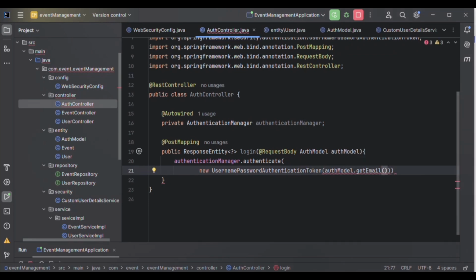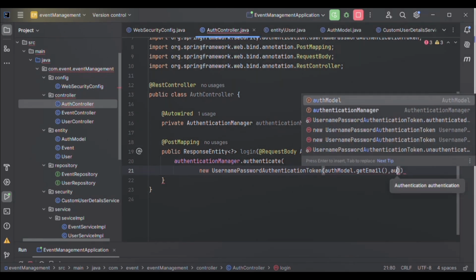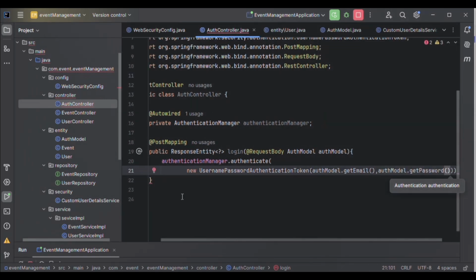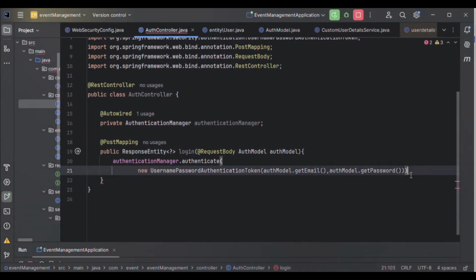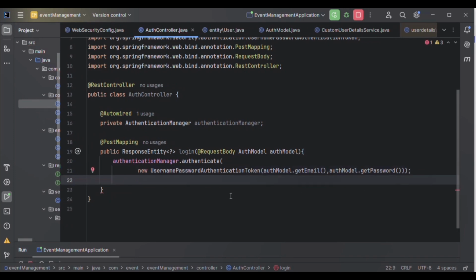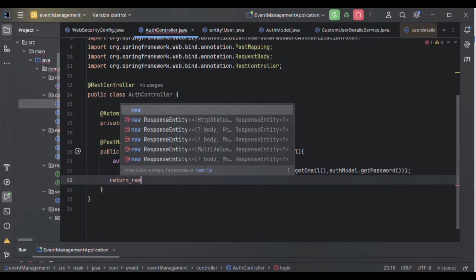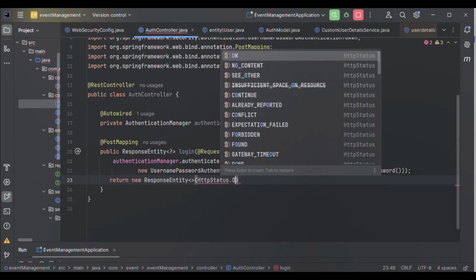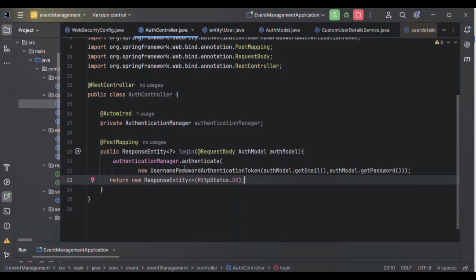So auth model returns it with the method getEmail, and then we pass the password. So it will validate the user. If username and password are correct, then it will return 200, otherwise it will return a 401 unauthenticated error.